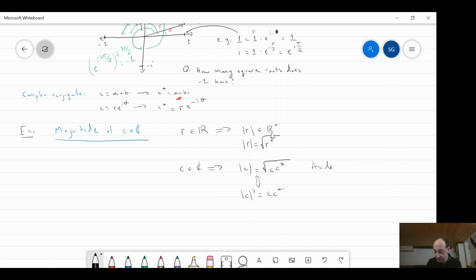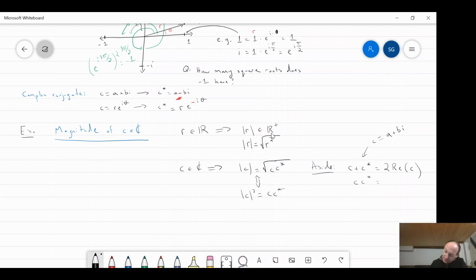Why in the world should this be true? Keep in mind that if I have a complex number c, then c plus c star is going to be twice the real part of c, because it essentially kills off the imaginary part. And for c times c star, the best way to see this is to not work in the polar form. Just do this in the old-school form. If you take the product, what you'll see is that this should equal...